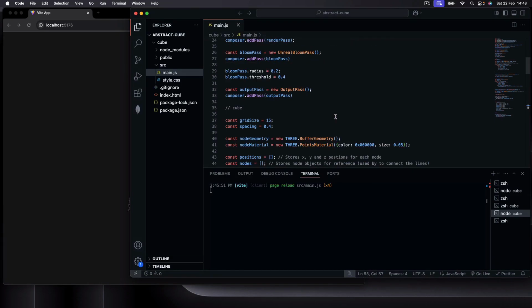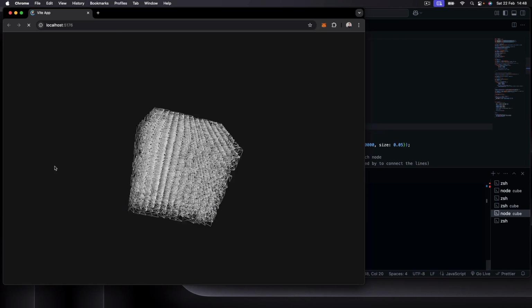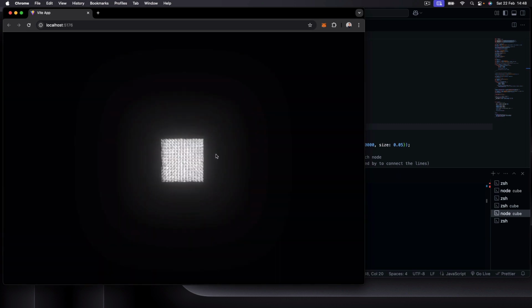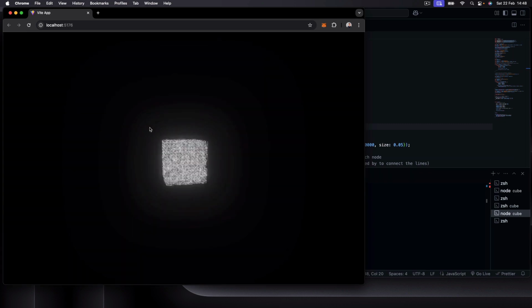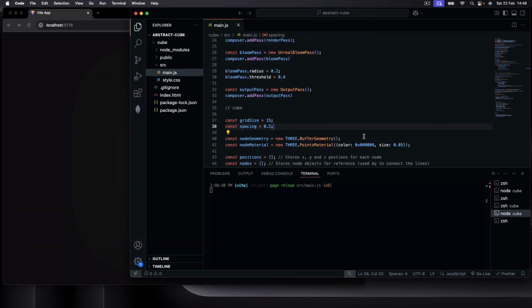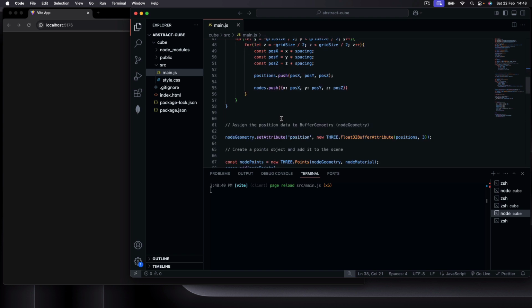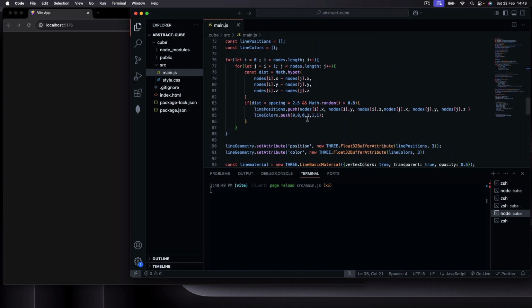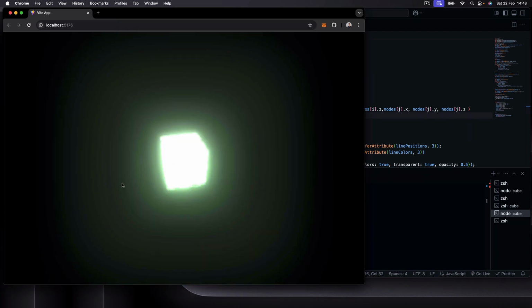You can adjust the spacing of this, so if you wanted a small cube, we can come up here, for example, and just adjust the spacing. It looks quite futuristic for a hero section. We can also adjust the colours of the cube as well. So if you wanted, for example, a green glow, we can just specify the RGB here and we get that cool